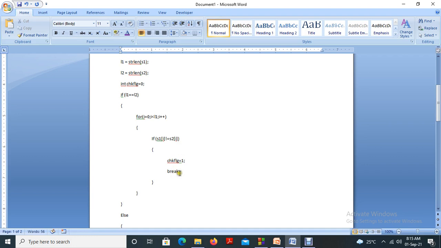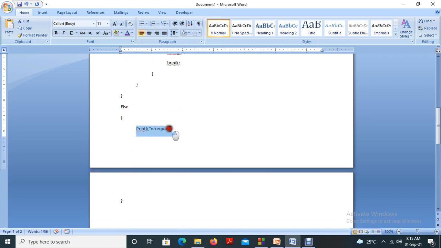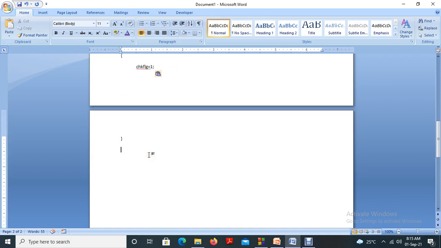So here a for loop is there, that for loop will break once the statement is true. Similarly, if this else case also executes, we say chk flag equal to 1.